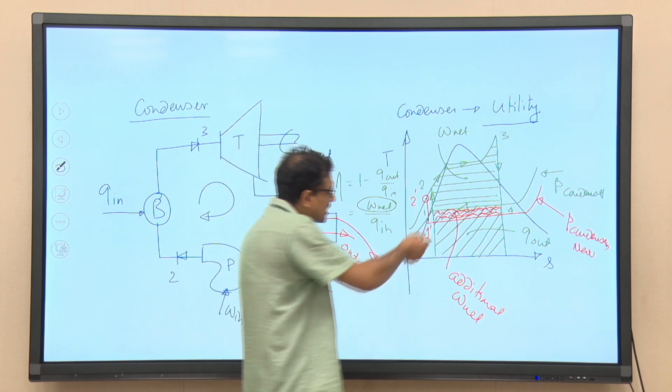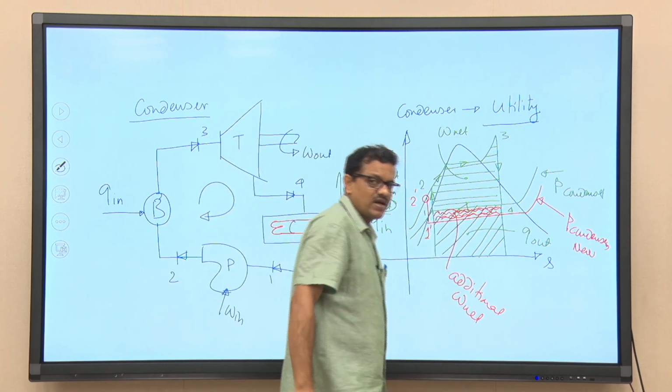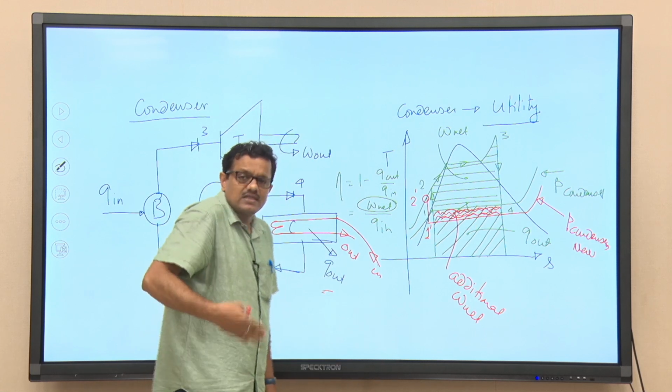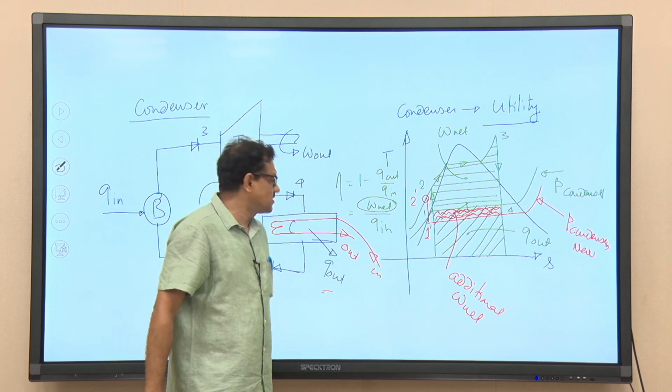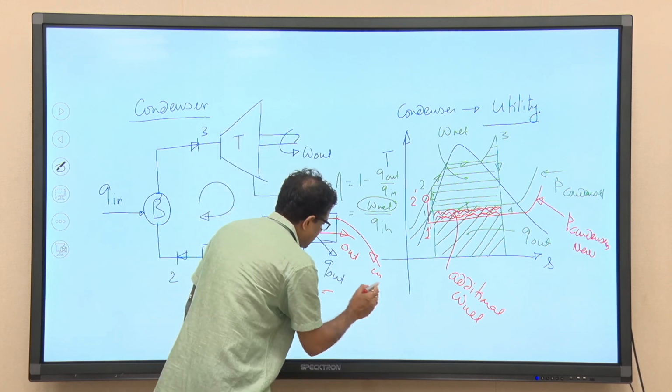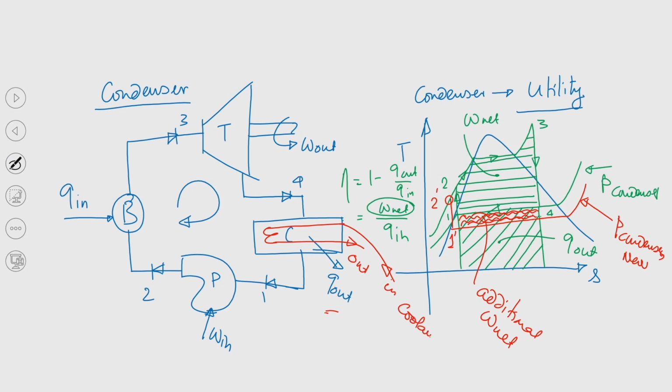So, when we are talking about increasing the W net, try to understand, maybe we will be taking water, it is not necessary that the coolant temperature will be fixed always. So I can consider the coolant temperature is, say, 30 degree Celsius. That means we are collecting coolant from nearby lake, ponds, etc., and again a cooling tower will be there to reduce the temperature. It is not mandatory that we always have coolant temperature 30 degree Celsius, but I am taking it, and it is also not a bad assumption.